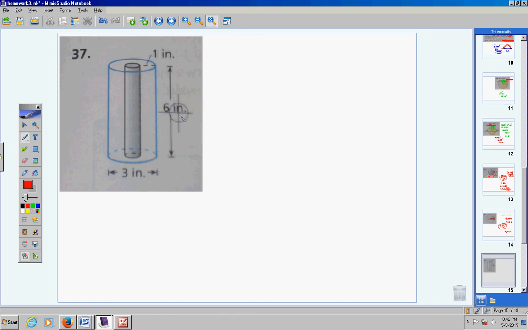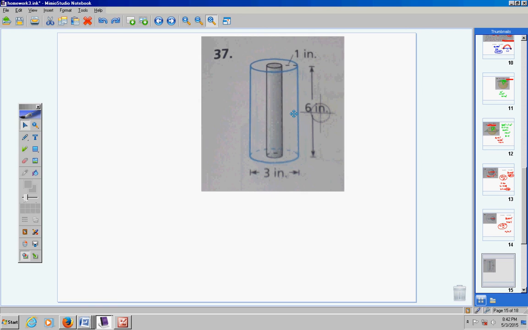We're going to find the volume of this entire cylinder. Then we're going to find the volume of the smaller cylinder right here. And then subtract those two to find the volume of the unshaded part of the cylinder. Alright, so with that in mind, here we go. How do you find the volume of a cylinder? Well, it's pi r squared h. So let's first find the volume of